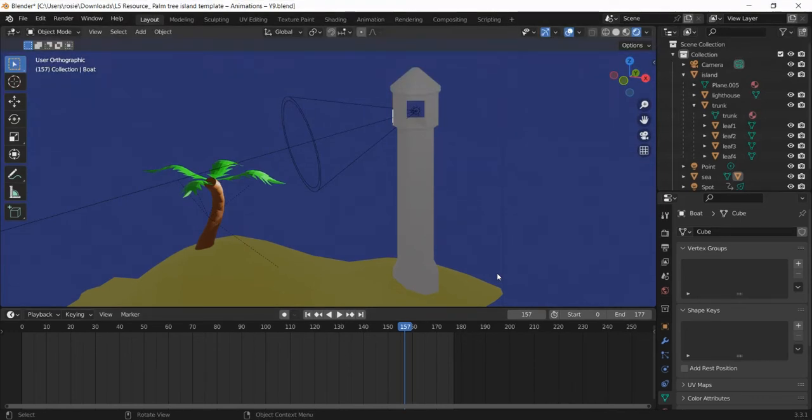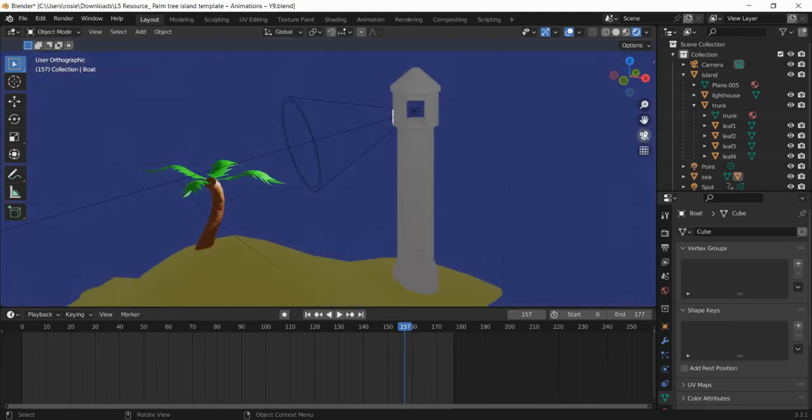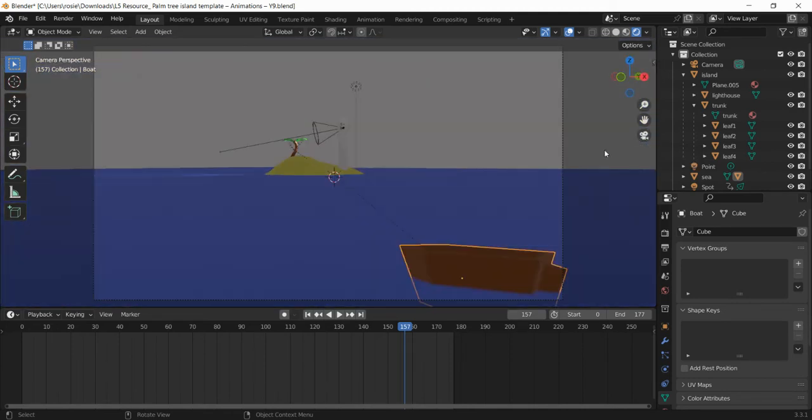So we're going to have a little go at using the camera now, okay? Because if you're animating, obviously you have a camera which is at fixed points that you can move, and you see the animation through the camera, okay? So we've got a 3D environment, but through the camera we're only going to be looking at it from one perspective, okay? So to get to the camera, you either press on the camera icon just there, or press 0 on your keypad. Okay, either of those is fine.